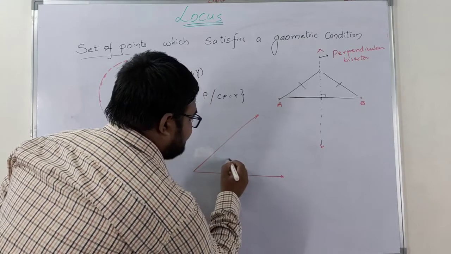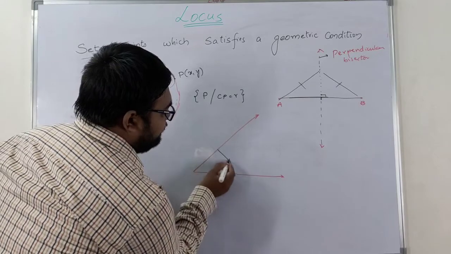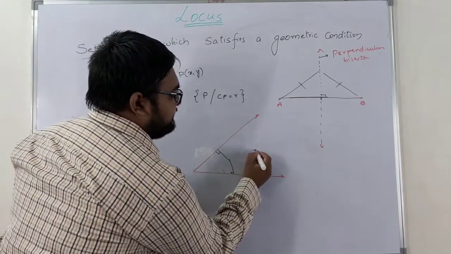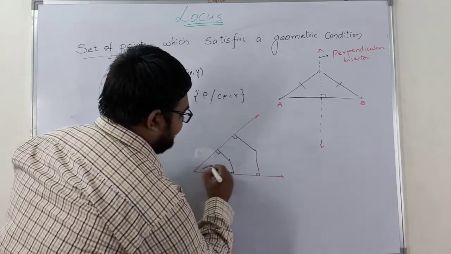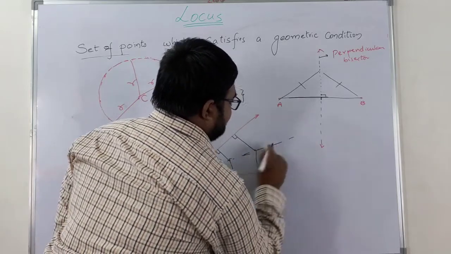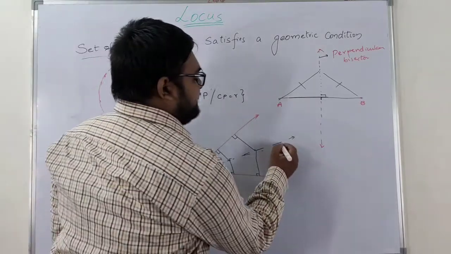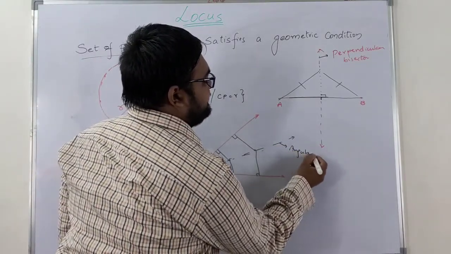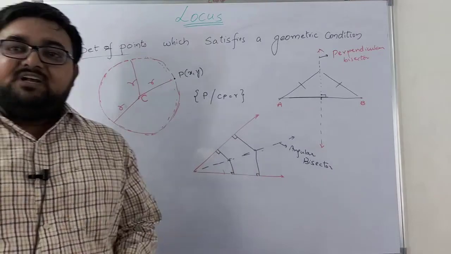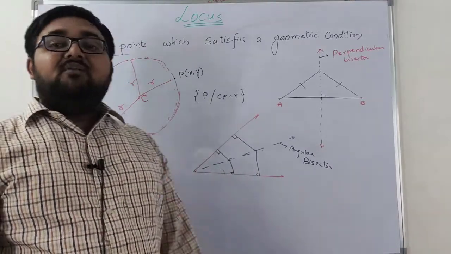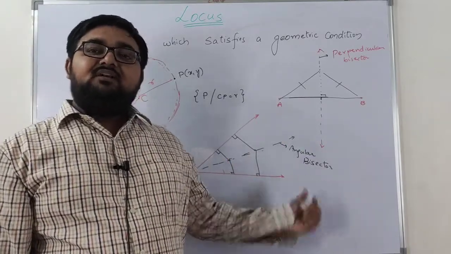See, if I consider this particular point, this particular point will be equidistant from both the arms. The same way, if I consider one more point, this should be equidistant from both the arms. Likewise, if I consider all these set of points, all these set of points are going to form my angular bisector. Now this particular line is called the angular bisector. So this angular bisector is the set of points which are equidistant from 2 given arms of an angle, right? So this particular locus forms the angular bisector.